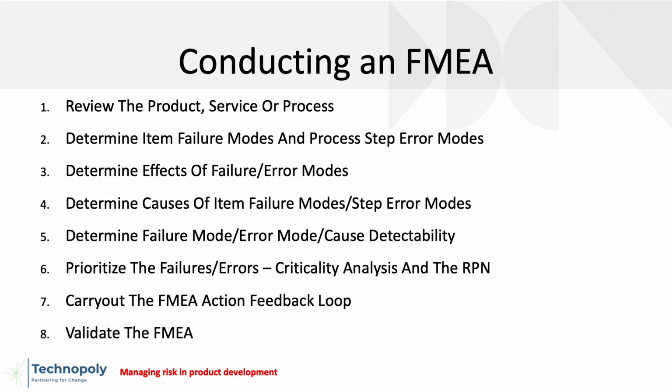In our step 4, we begin to identify what could have caused the failure to happen in the first place. So if an item has a cap, and the cap can have a broken seal, then the effect of that broken seal would be a leak. The cause of the failure, which is the broken seal, can be attributed to a problem in the die, or the material being used not being the right one, or maybe in relation to the design